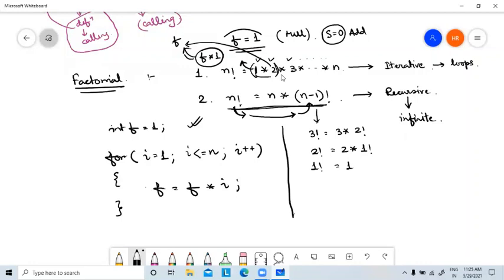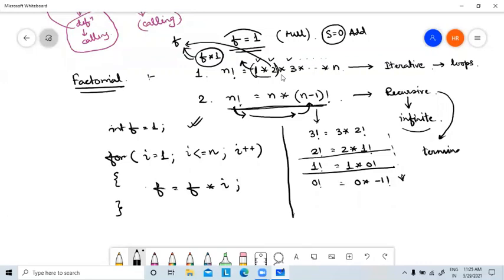It is 1 into factorial of 0. Then what is the factorial of 0? It is 0 into factorial of minus 1. So in this way, it will move on and on. So it becomes infinite. So we have to stop it either after this or after this. Okay. So it means in case of a recursive function, one terminating condition